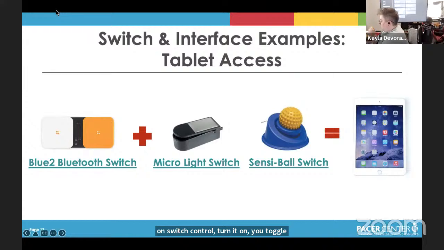So once it's turned on, you can set your switches. My orange is increase volume, and my white here is select item. And I have it set to auto scroll. So if you can see,